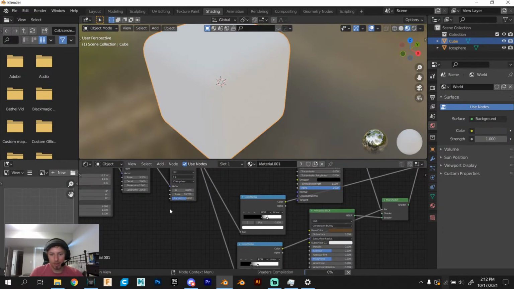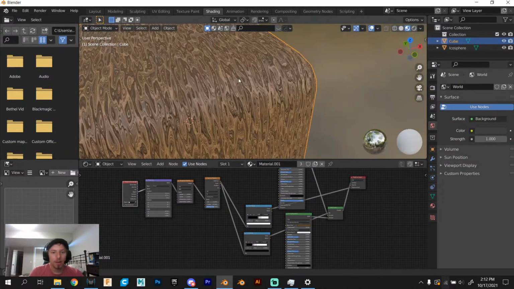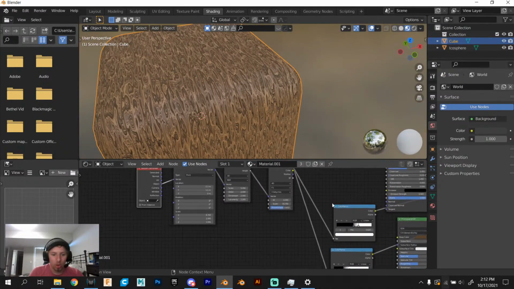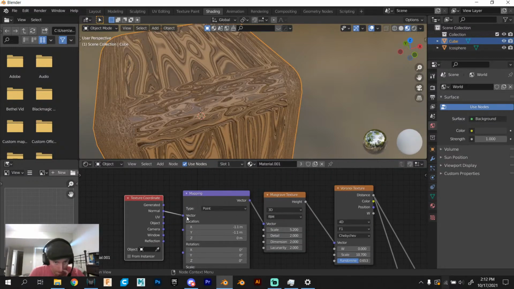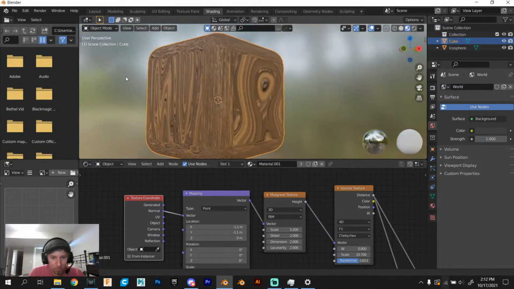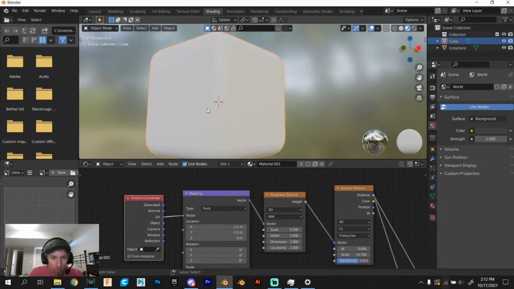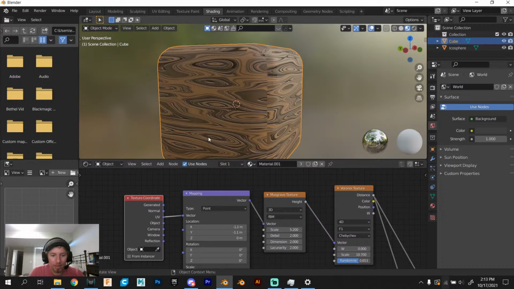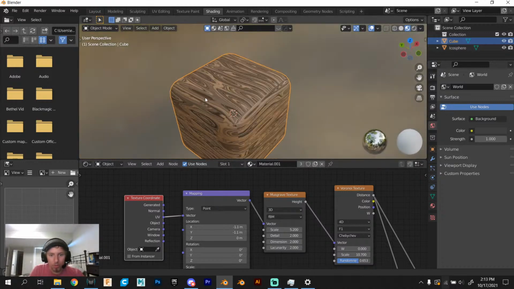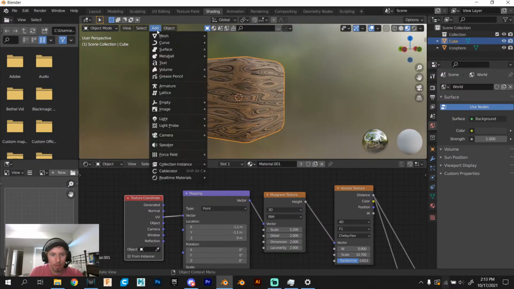Also, yes, having a bunch of node stacks will slow your PC, just because it has to load all of this, and it gets kind of annoying occasionally. So yeah, just play around with that. You'll have to hide the seams, but this is a really good way to just get a nice basic wood texture. And if you're doing, say, a plank,